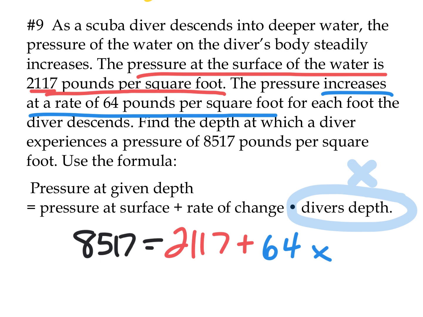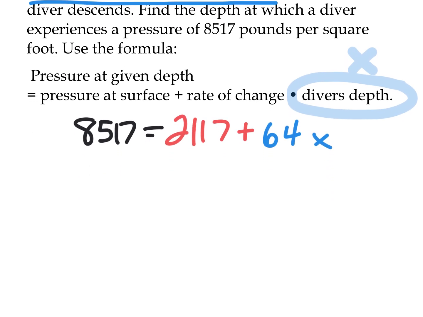So now I have an equation I can solve. I put in the pressure equals the pressure at the surface plus the rate at which it's increasing for every foot. Now I can solve this for the x. I have an equation that I've written out. Anytime you have an equation with one variable, you can solve it. So I'm going to subtract 2,117. I'm going to have 8,517 minus 2,117. That gives me 6,400 equals